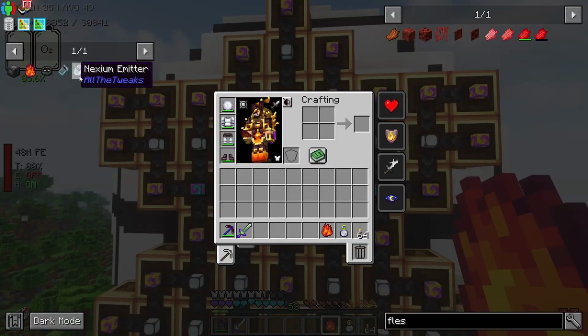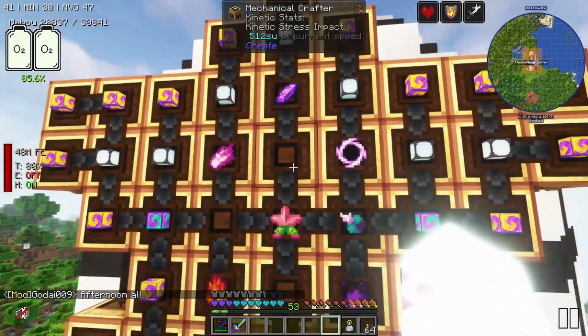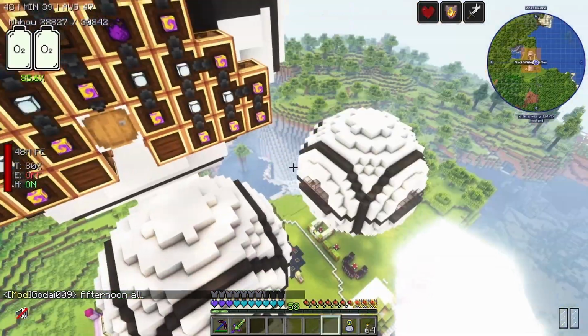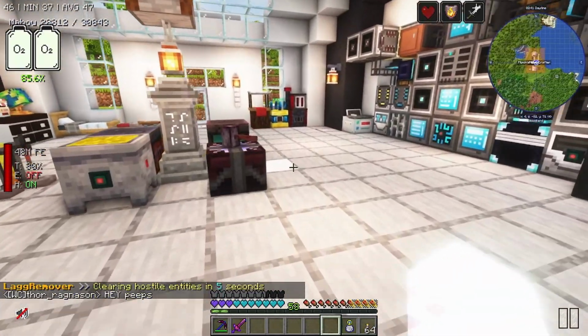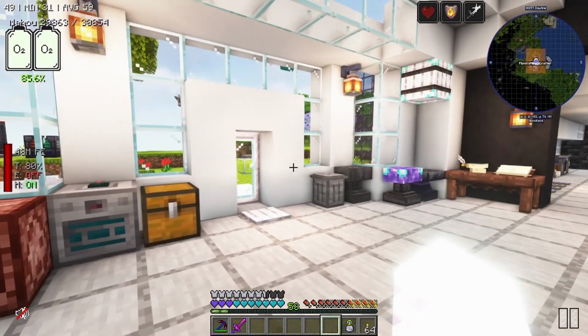Okie doke, where does this one go? I always have to look this up. Right, in that corner right there. There we go. Wow, we got 3 things left and then we've got an ATM star. How crazy is that? Also, the Nexium emitter. I wonder if we've got enough stuff. I believe we just need to go over to...